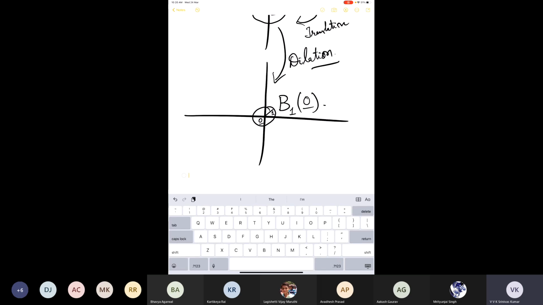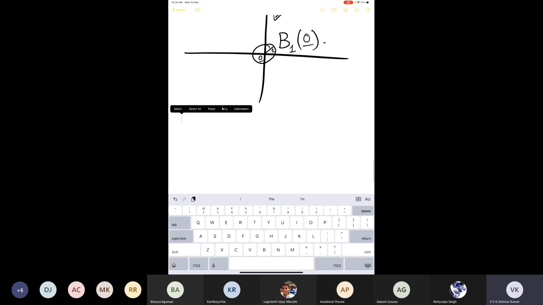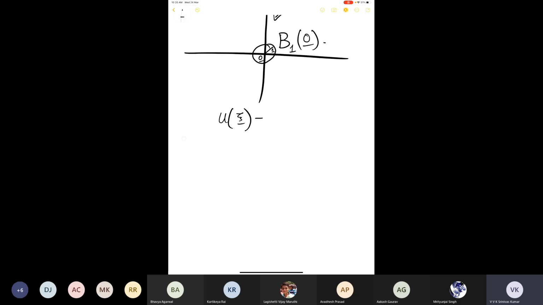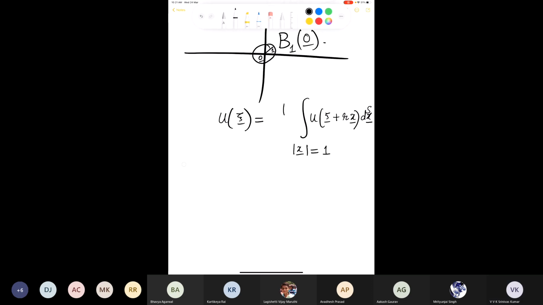We don't need the details of everything. The only thing we are saying is the Gauss mean value theorem: the value at the center is equal to the integral of the function evaluated on the surface of the ball, and we can as well take this as xi plus translation plus dilation, dx, or the surface measure dSx, and it is one upon